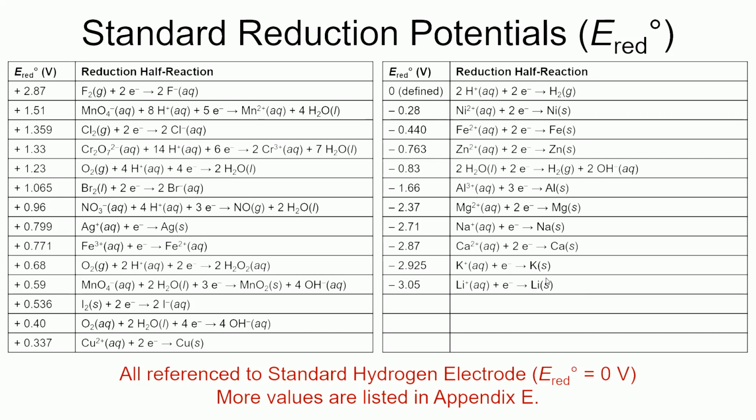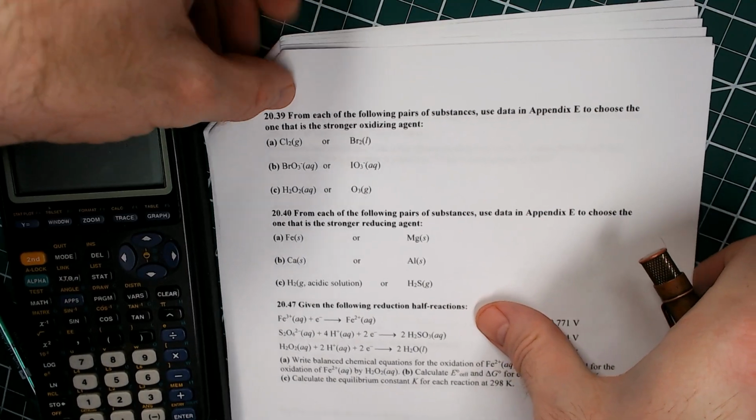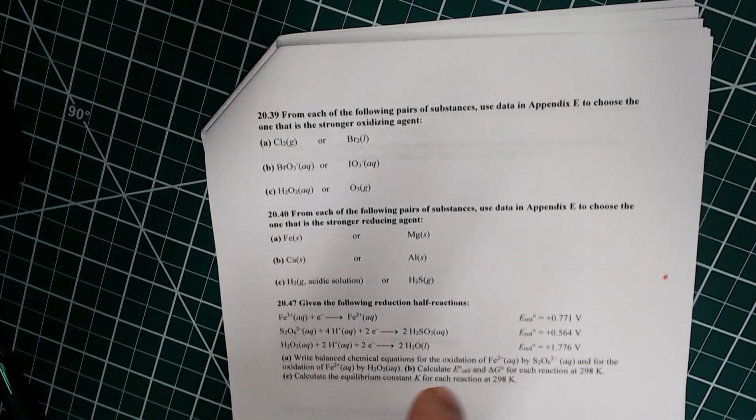So we'll find that lithium and potassium and calcium and sodium, those are all really strong reducing agents, with lithium being among the strongest. So we can use Appendix E to calculate which one will be the stronger oxidizing agent and which will be the stronger reducing agent. So I'm going to switch back over here, pull that back down, and on this I don't need the calculator for that. We just need